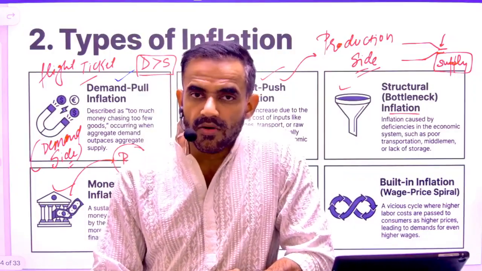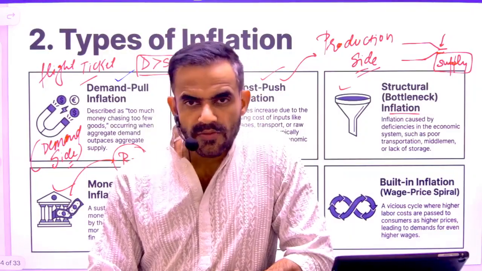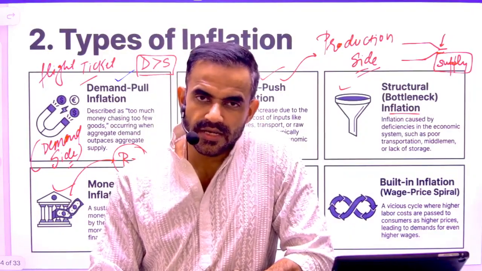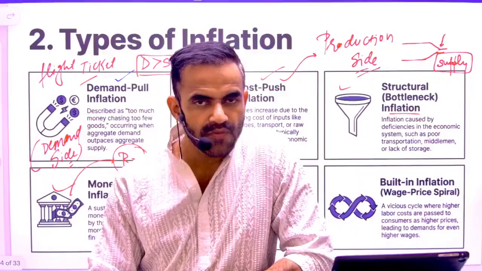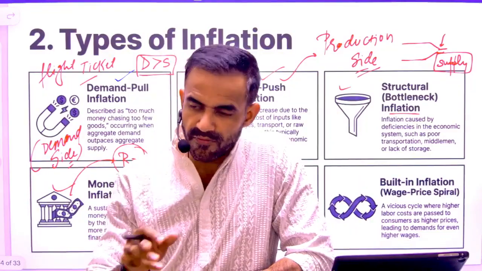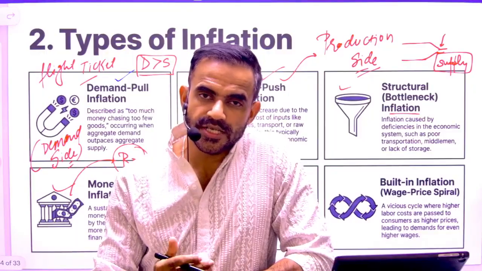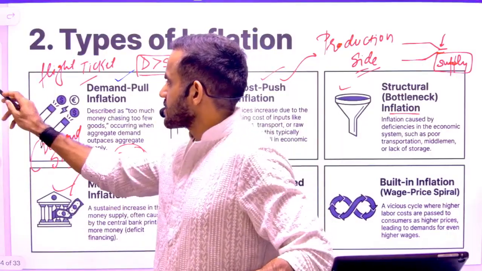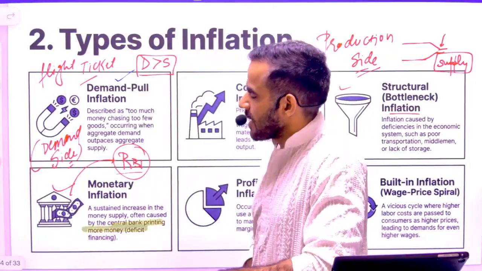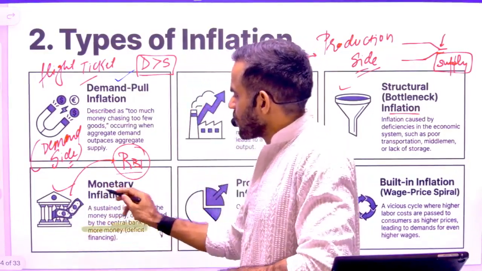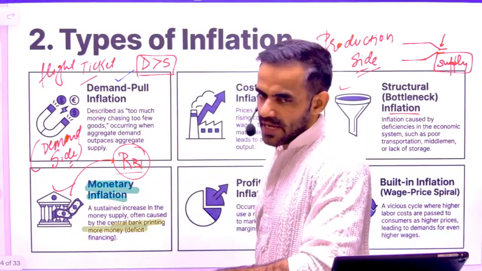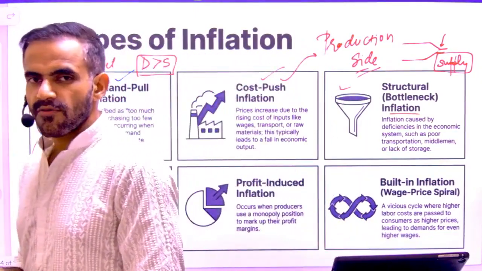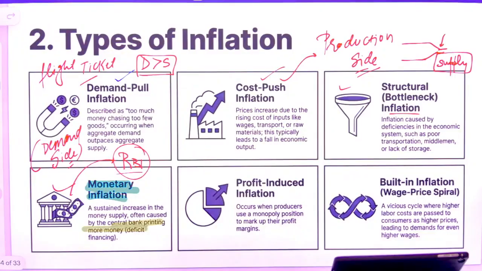Okay. Now the government decided to distribute. What will happen? We have already discussed this scenario that suddenly people will have money, but we won't have the production capacity to fulfill that demand suddenly. So this will lead to inflation, and that type of inflation, because of printing more money, is referred to as monetary inflation. So in this case, what is happening? We are printing more and more money. Because of printing more money, it will lead to higher money supply, and because of higher money supply, there will be inflation.